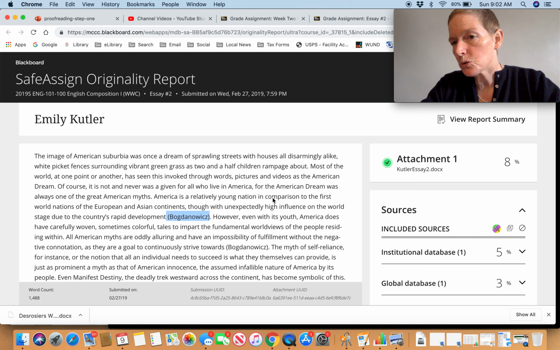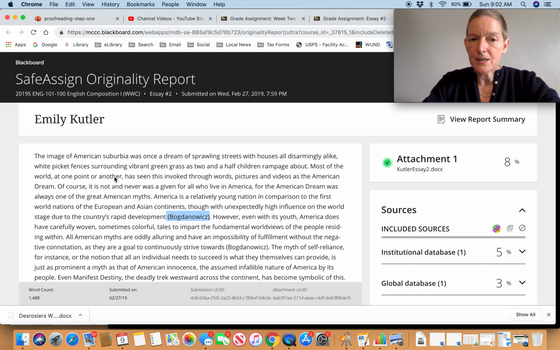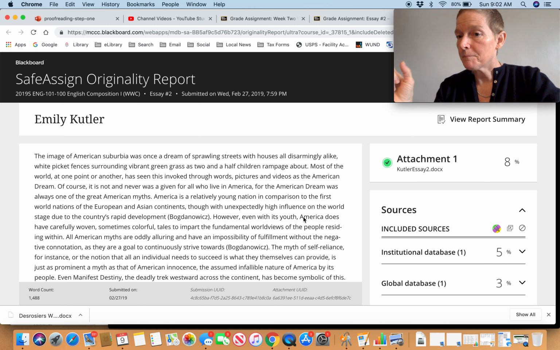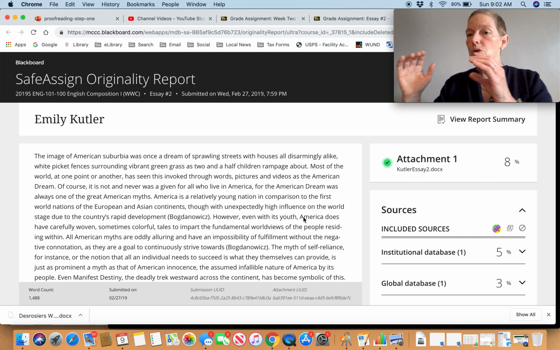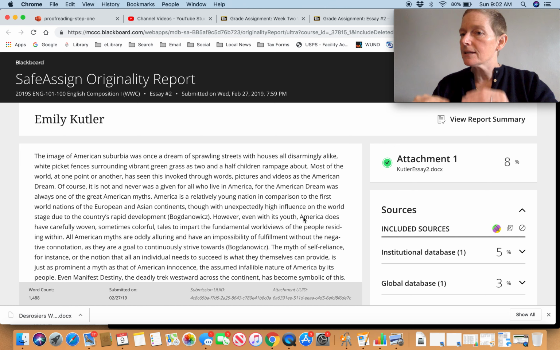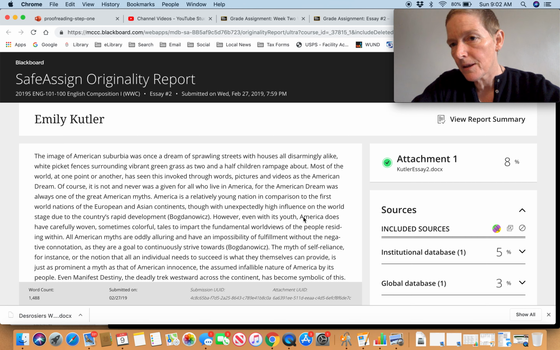So you want to make sure that whatever of this in your text is highlighted, maybe you've forgotten to put the quotes around it and put the citation in, or maybe you thought that you don't have to do that when you're paraphrasing, but you absolutely do. It's so important that every word that you write is your own. You can use other people's work to substantiate and prove your ideas, but you must give them credit, else you'll